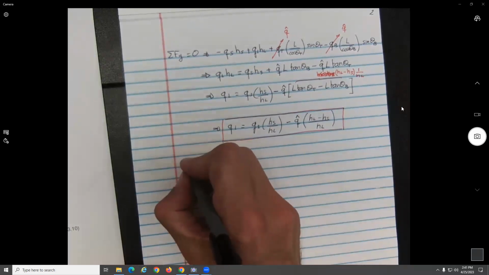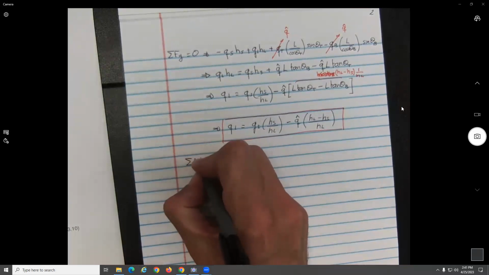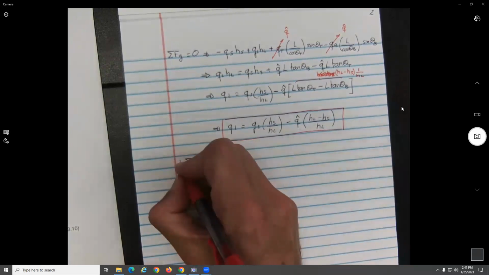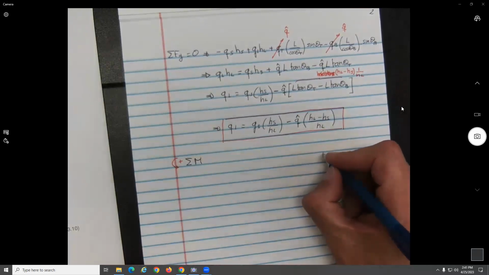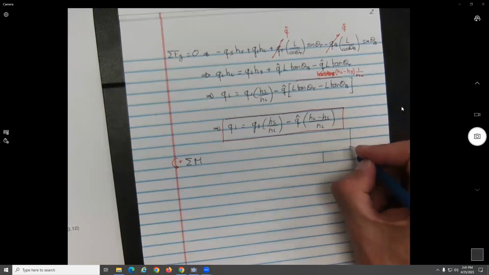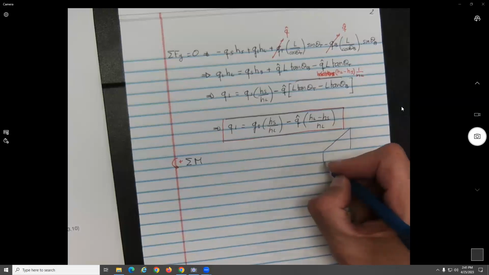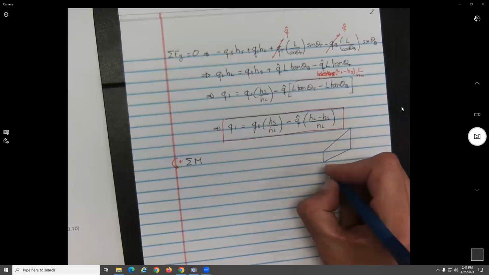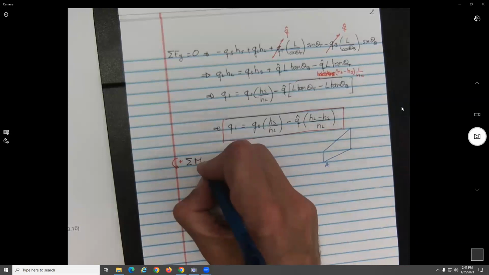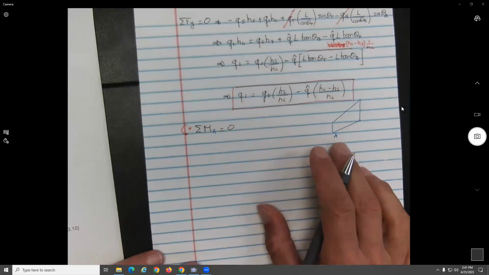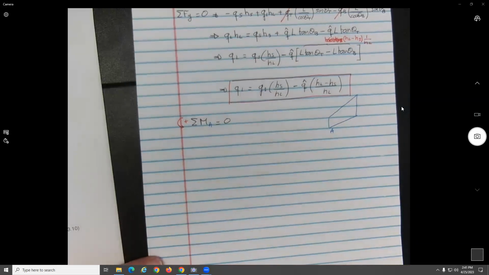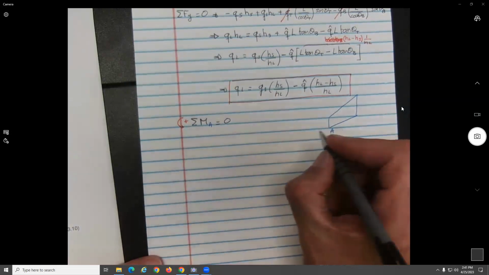Finally, we do the summation of moments about this point over here, which would be point A. We're almost done. All the division is not that important, but basically, this will give us that